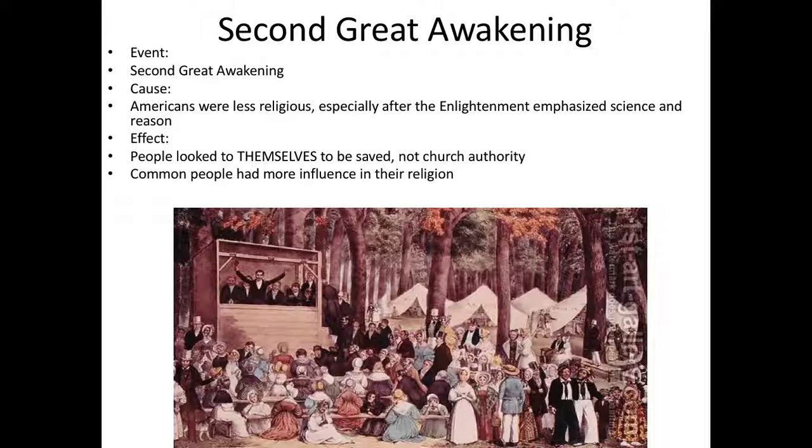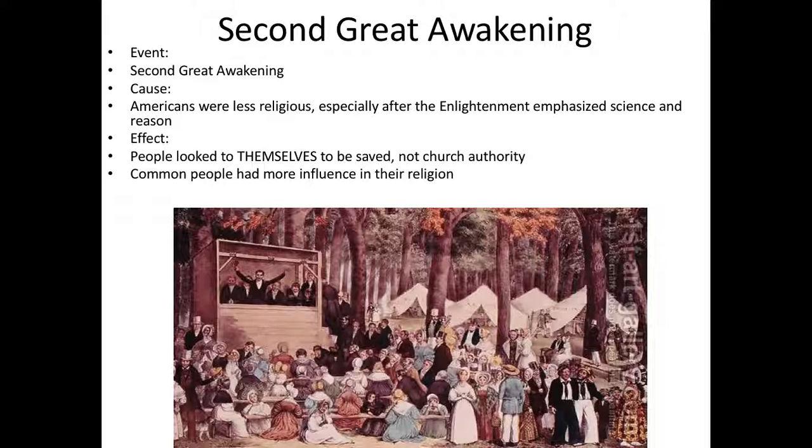Now, if you look at your notes at this point, you'll see that if you look where you're writing this bullet about the common people, if you look to the left, and slightly down, you'll see another reference to the common man or the common people.